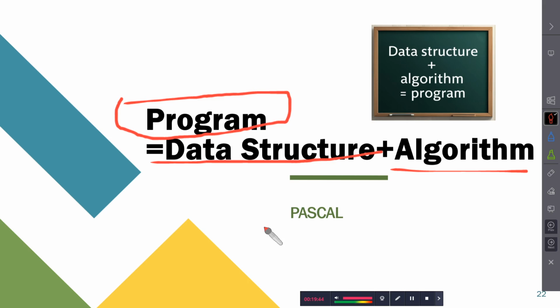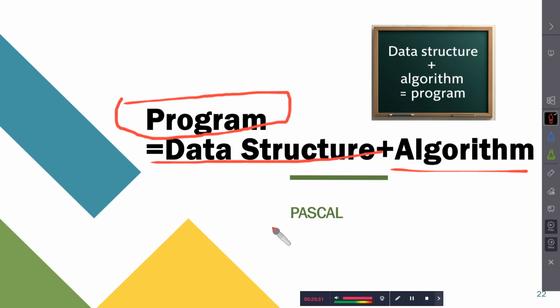Okay, let's break it down. Data structure is how we organize and store data. You may have passed these classes already. Data structures include many techniques like array, a simple list of data; linked list, a chain of data points; trees, a hierarchical structure; graph, a network of interconnected data points; or hash table for fast data retrieval. This is the data structure, which deals with the data and with space complexity.